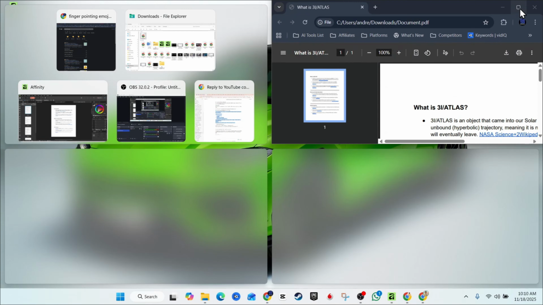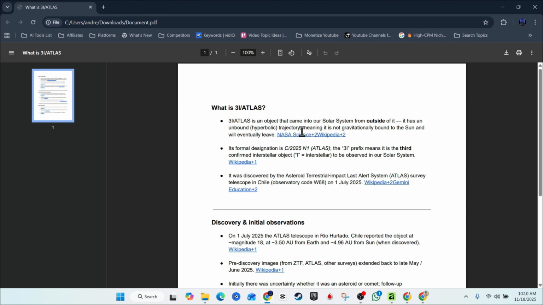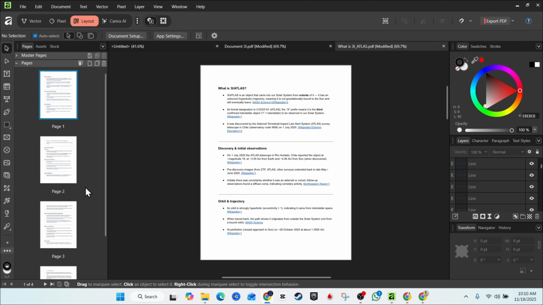As you can see, this is the document. Let me make it larger. This is just one page. But there's a way how to actually export your entire document, and I'm going to show you how easy it is to do that. So all you have to do, guys, is once you're inside Affinity and you make changes to your document or whatever,